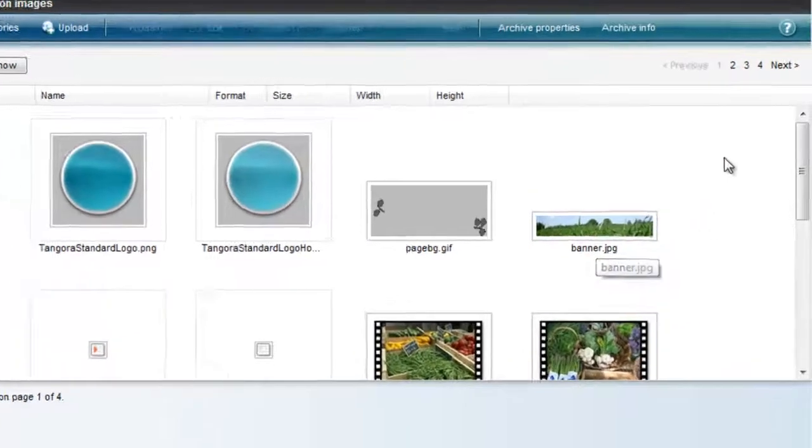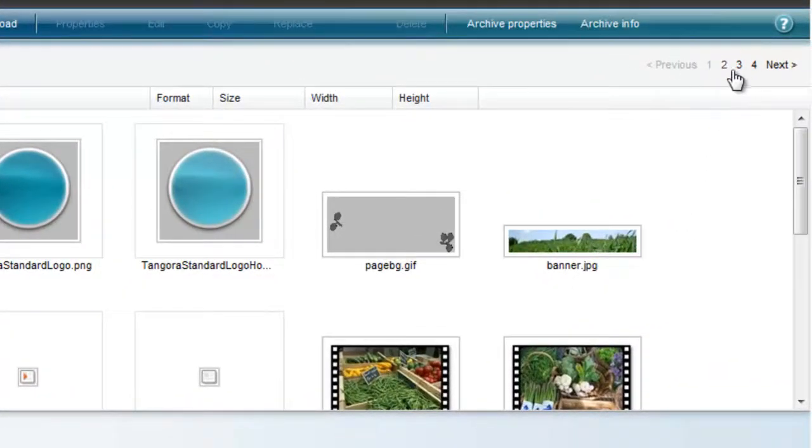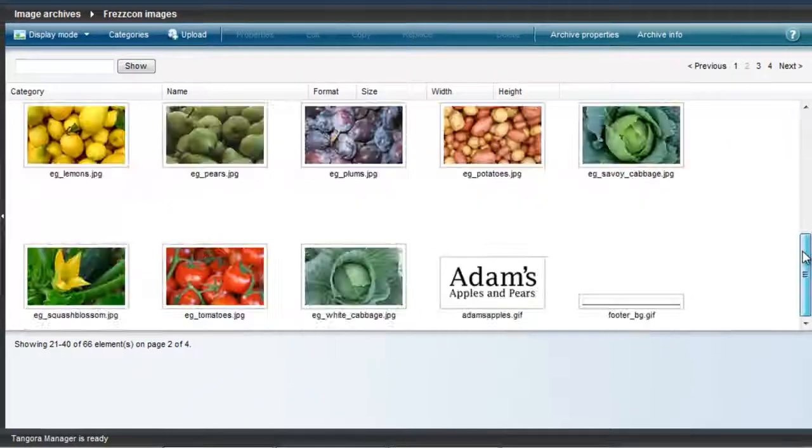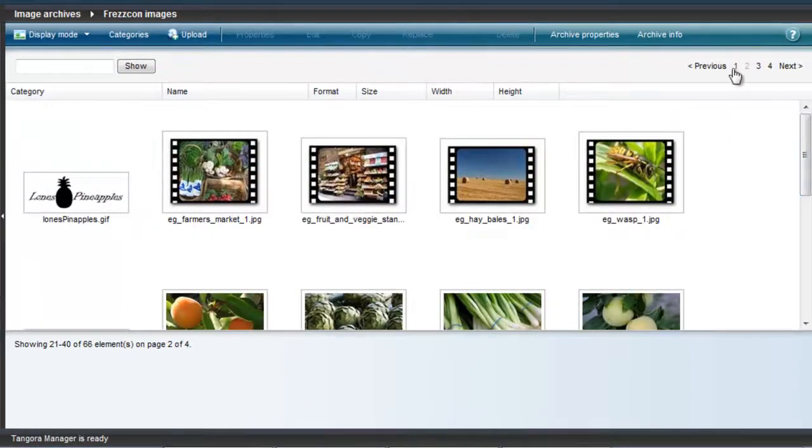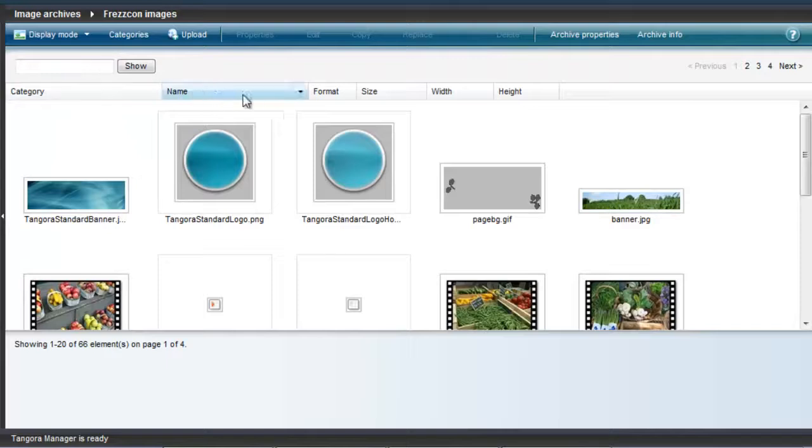Now, if I wanted to browse through my photos, I could use the navigation that I have up here at the top. There are 20 images shown on each page, but in most situations you'll find that searching and sorting will be the way to go when you have a purpose of finding a specific image or taking stock of a group of related images.